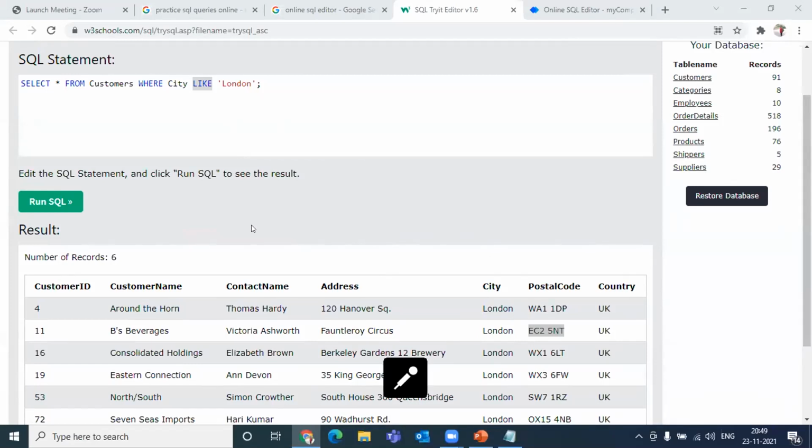So Abu Mansoori, for this one, you might need that and clause, like you were asking. You can use and here. Very good, guys. I'm getting answers now very quickly. Good job. So I wanted only London and I only wanted the postal code EC25NT.